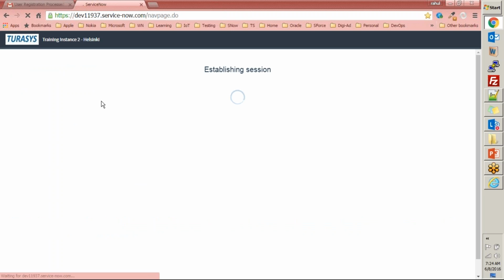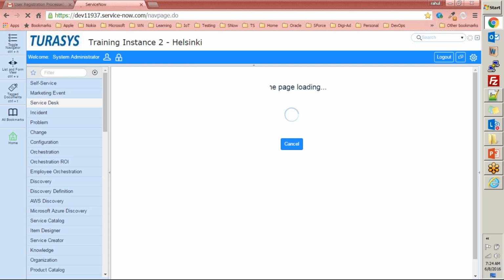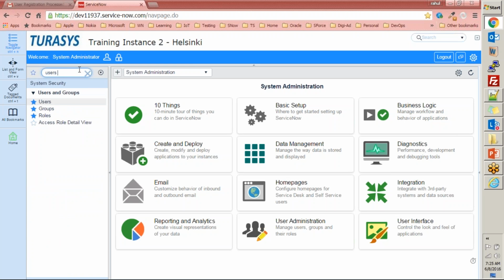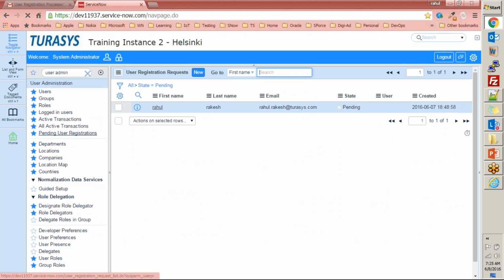And this is how we create. We allow user to request for a registration, request for account. If we have enabled the automatic processing, it will go ahead and automatically be processed by the system, and the user ID will be created for you. If it is not allowed to get automatic registration done, then it will settle down in the pending processing. What's the term? User registration. Pending user registration, right? So it will go ahead into this pending user registration request.